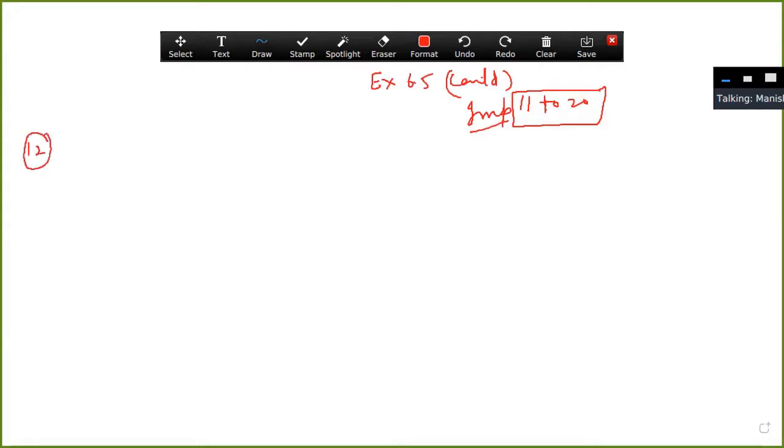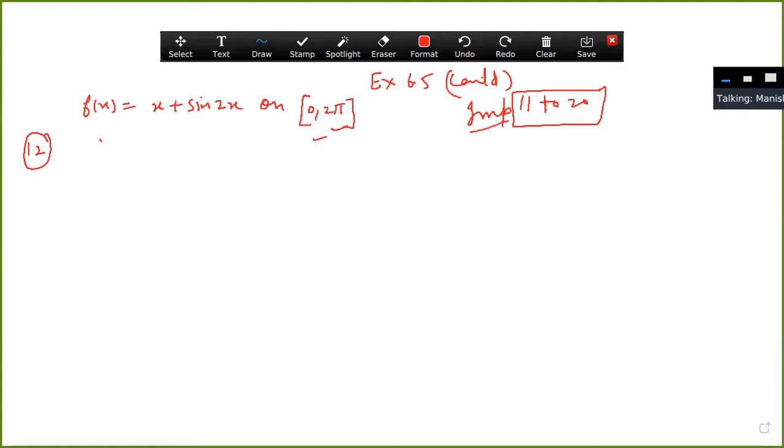Find the maximum and minimum values of the function f(x) = x + sin 2x on the closed interval 0 to 2 pi. It means you have to find the absolute values. You have to find the values at critical points as well as at 0 and at 2 pi.